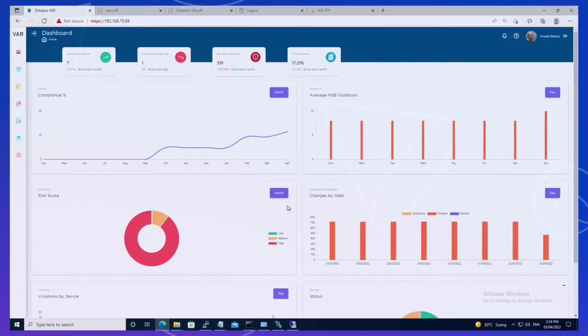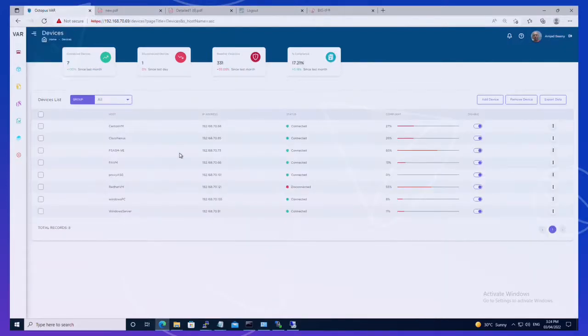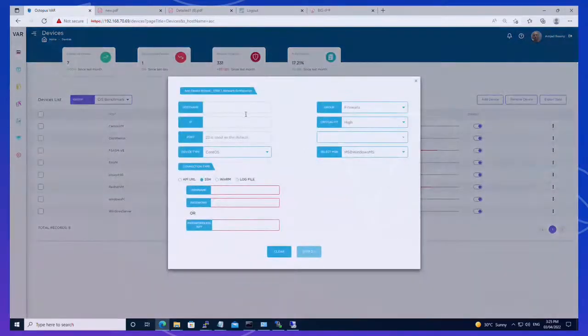In order to accomplish and get these statistics, we go to devices. And here we have in our lab a list of devices that are already integrated. Like we have CentOS, Cisco Switch, F5 firewall, web application firewall, Palo Alto, it's a firewall, proxy, Red Hat, Windows, normal Windows PC, and Windows Server. So these are what we have deployed here as testing scenarios, and you can add a device as simple as that